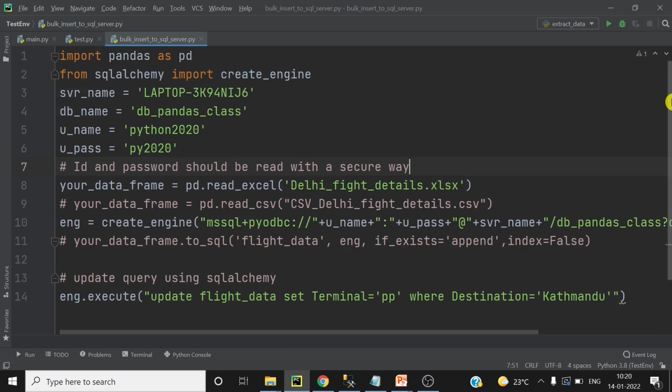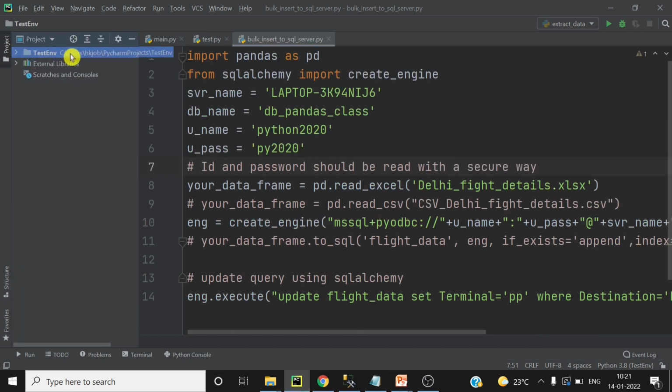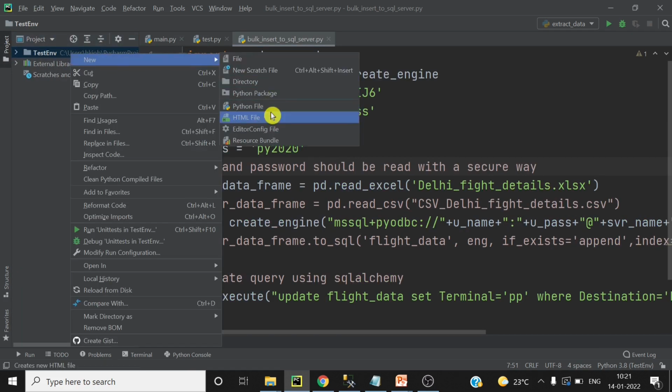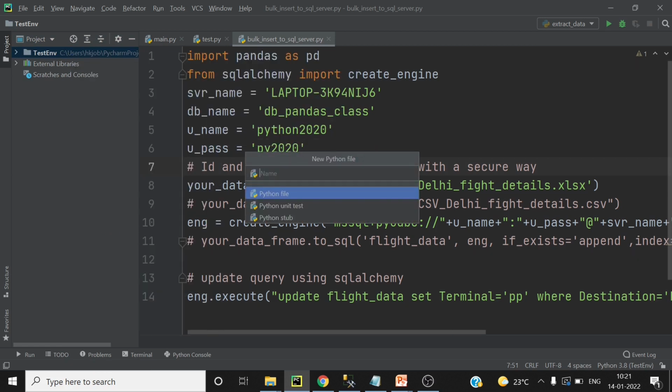So this is the code for bulk data upload. If you want, you can pause the video and have a look at this code as well. All right, now let's add a new file. I will go to the project folder, right click, new Python file. This project I am doing in a virtual environment which is created in PyCharm. If you are not aware how to create a virtual environment and what it means, you can watch video number 95 on my YouTube channel. The file name we will keep is bulk download from SQL table.